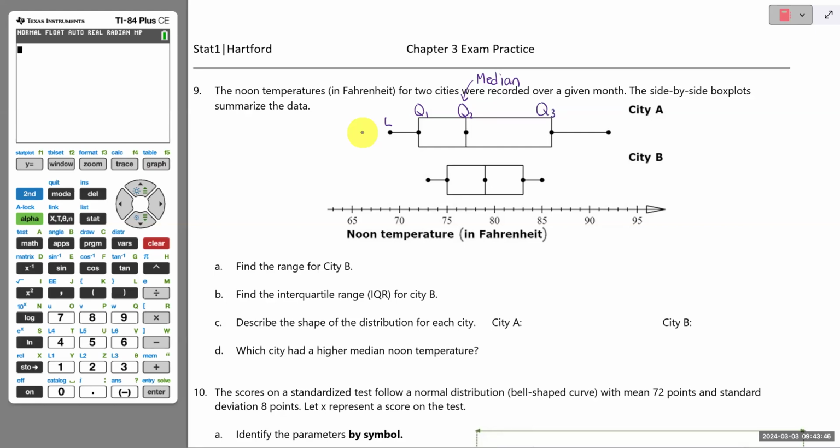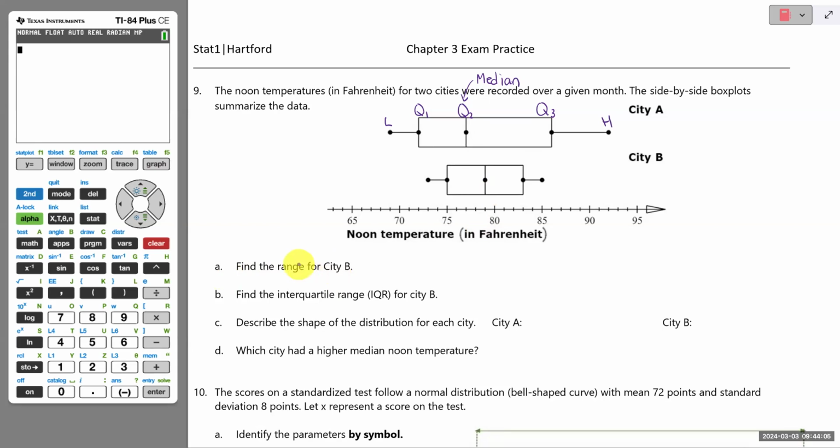And then the highest temperature for city A here would be that value. Oops, I usually don't call it U for upper, the H, the highest temperature. Okay, and so we have information there about city A, city B, and it says find the range for city